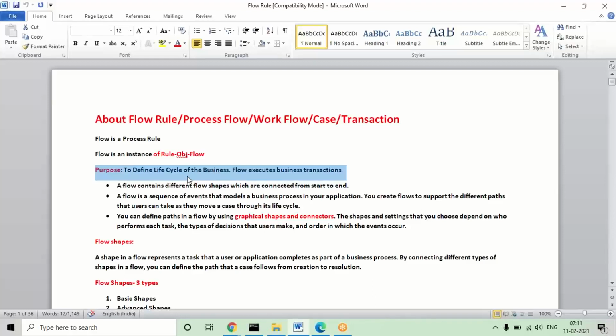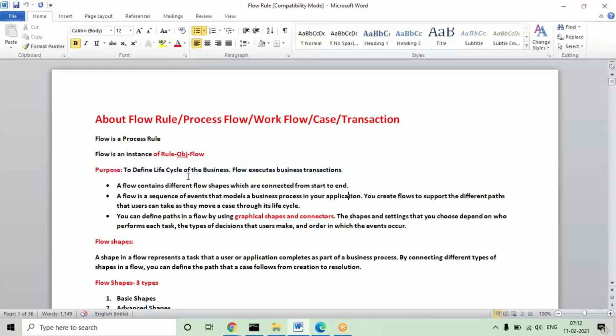But UI design, when you are calling it in the flow, we are going to provide it through flow action. I cannot call a section directly in the flow rule, but through flow action we are going to call the UI design here. Basically, in this flow rule, shapes are categorized into three types: basic, advanced, and automation shapes or smart shapes.